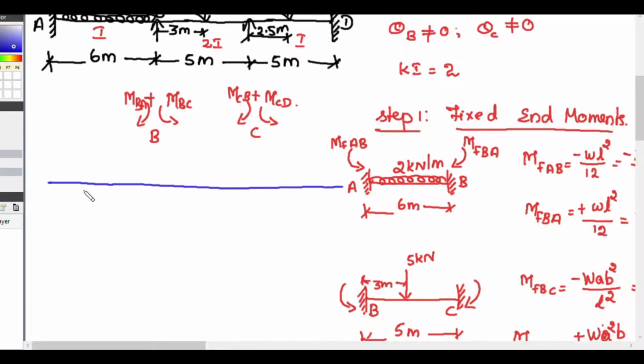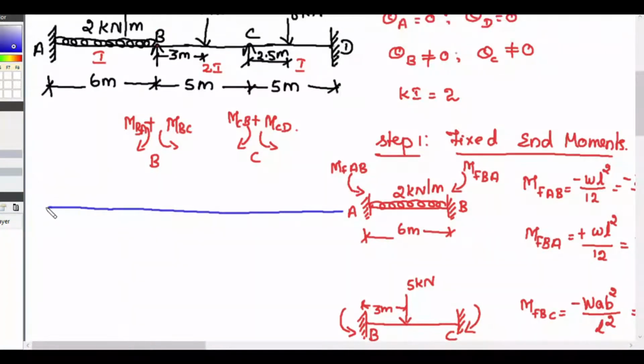For AB, CD, when we draw the free bending moment diagram, since AB has a UDL,